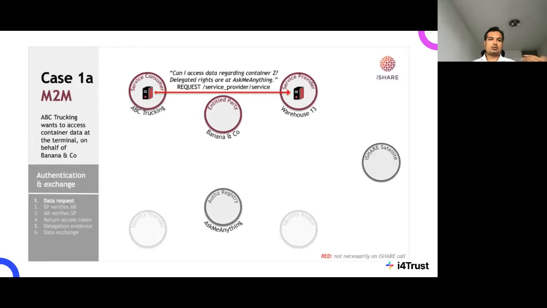And once the access token is issued, the ABC tracking can now actually ask for the data about the container, right? So using that token, it now asks that it needs the data about the container. It needs the ETA, for example. So it sends that in that request to the warehouse 13. Now warehouse 13